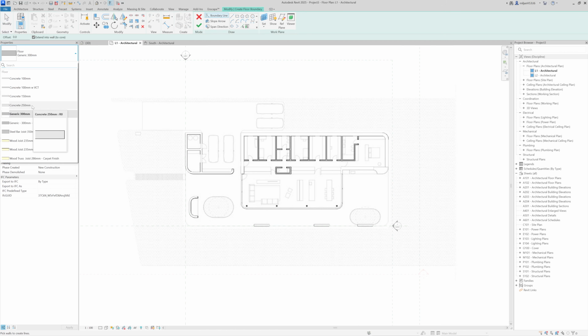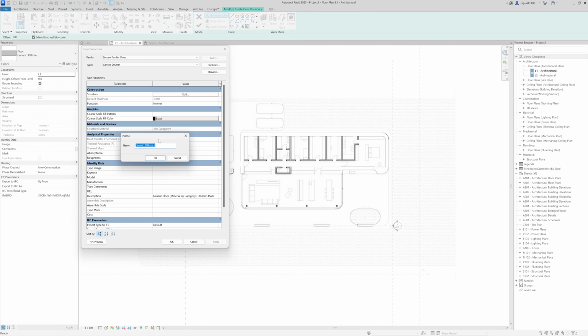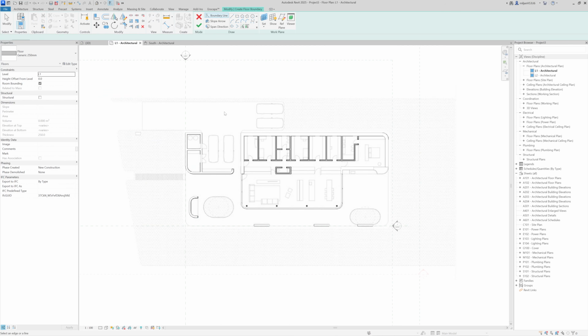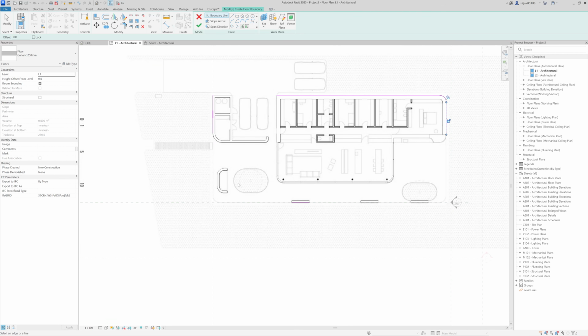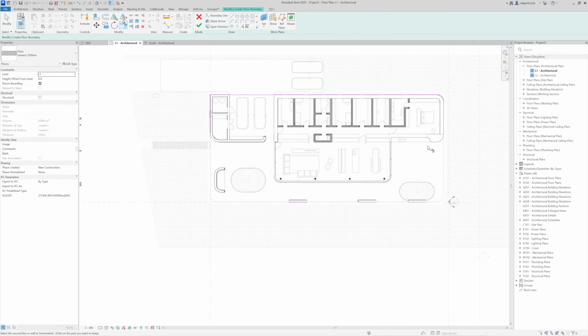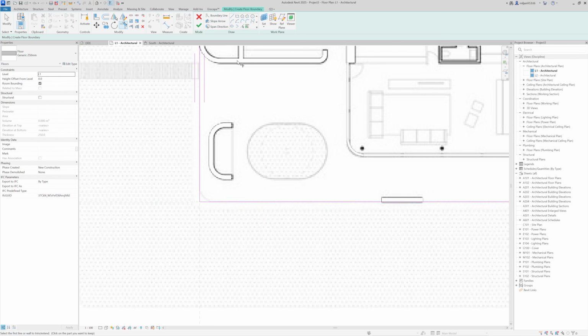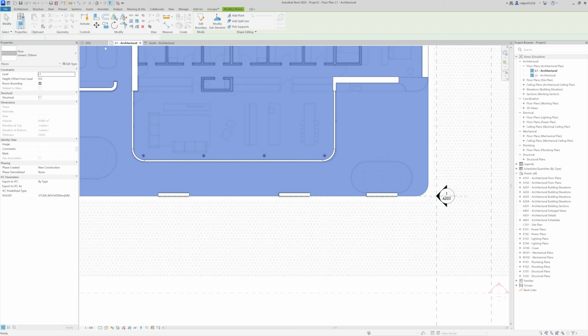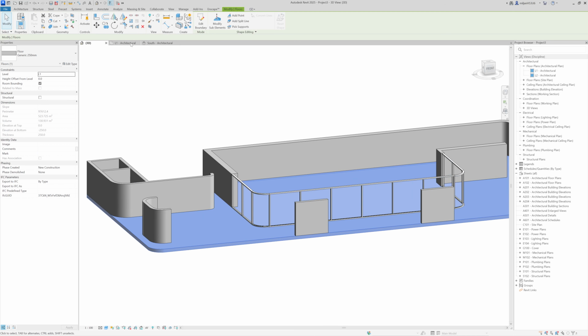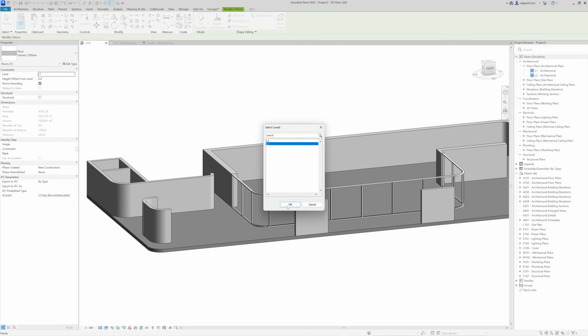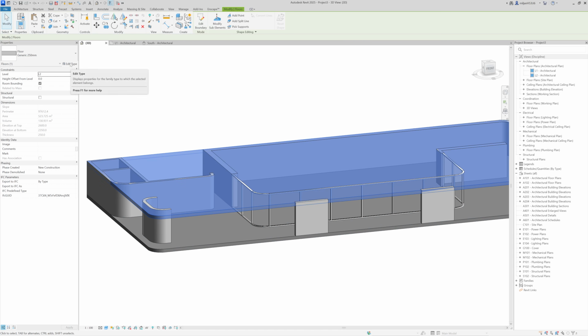We already have something, but I can make a generic one because of materials. And I'm just going to pick those wall ends. And by the way, you see that we have a radius here, so I will make that radius of 1 meter. So here is the first slab, and then I can copy this one to the second level, and this one needs to be what we said, 600